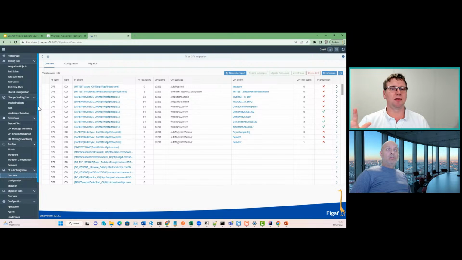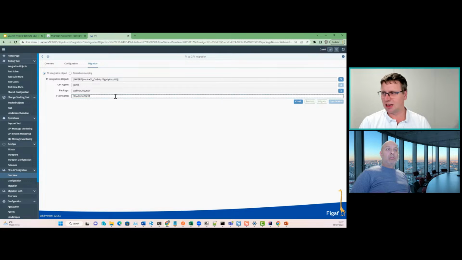What we can see right now is that we have this integration. We can easily record messages from our PI system. We can go in and migrate the test cases, so we can take a test case and migrate that to CPI. If we wanted to migrate an iFlow, we simply go in and write the name of the iFlow,